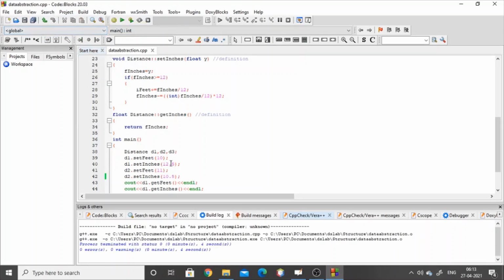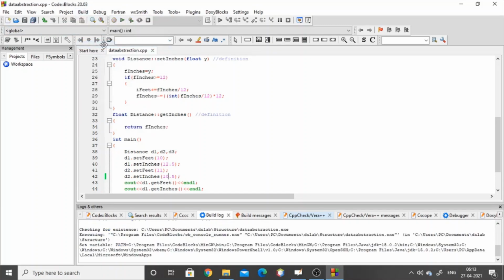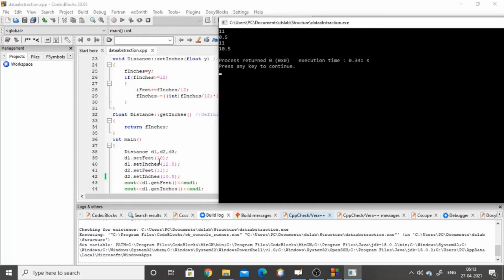For set feet, it will be the same. For set inches, 12.5 means feet will be incremented and inches will be decremented, if you remember. So you can see 11 and 0.5.